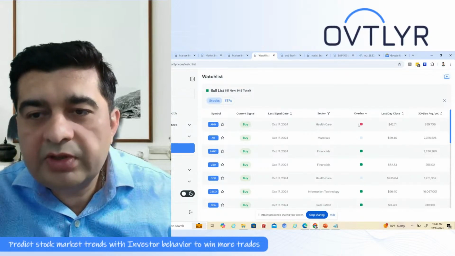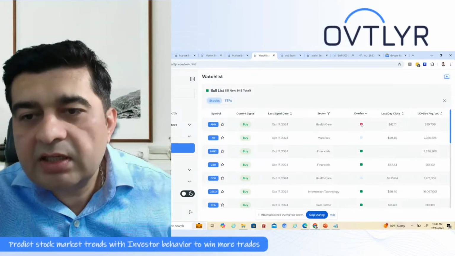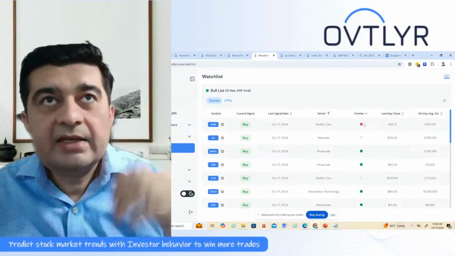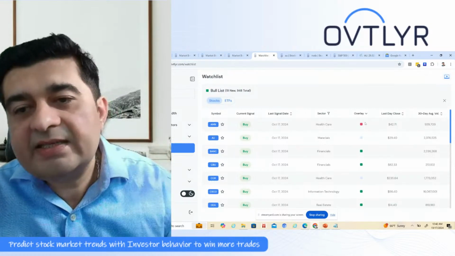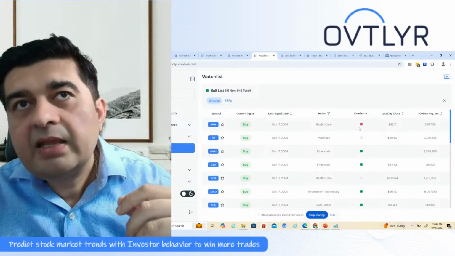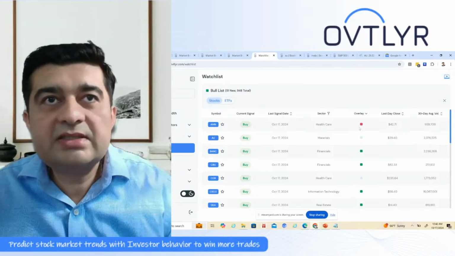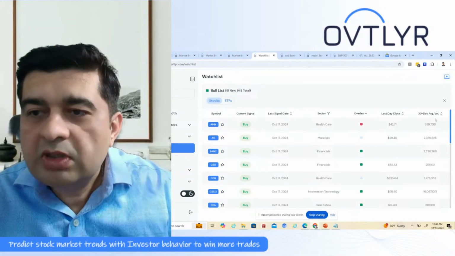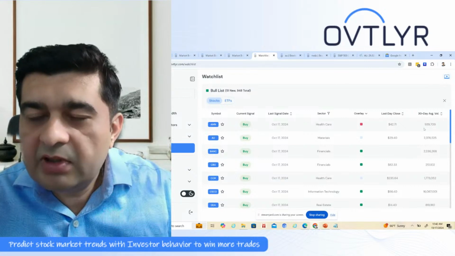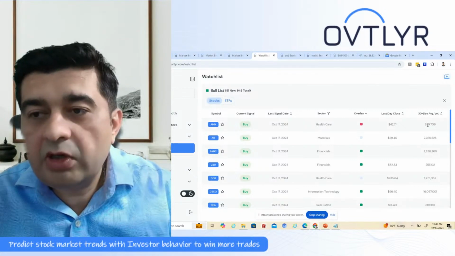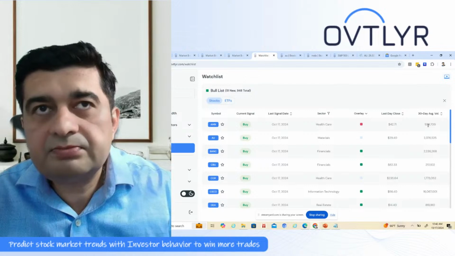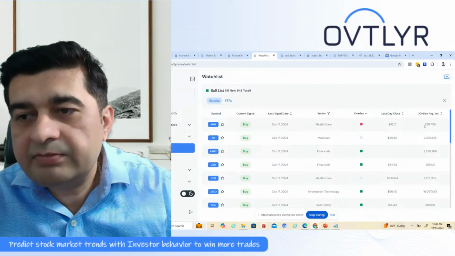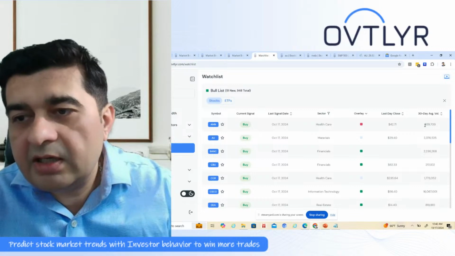I'm going to look into a few things. One, I want to make sure that the stock is not in a downtrend. Meaning if that stock is in a downtrend, if I see the red overlay, I don't want to get into it because it's already seeing that downtrend. I probably want to avoid it. Also, I would prefer that the 30-day average volume has a good number of daily shares traded, changing hands.